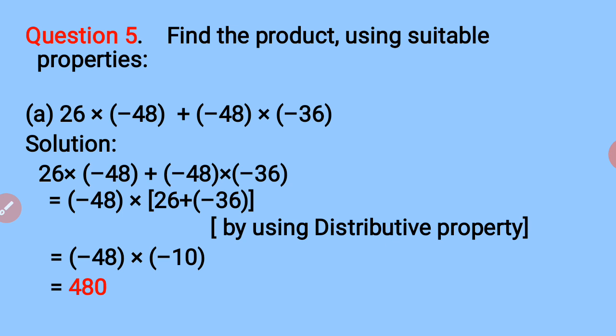Now, let's rethink. What we have done is, we have just taken negative 48 outside the bracket. Whatever was left inside the bracket was solved quickly, and you get it as minus 10. Multiplication of any number with 10 is very easy, and you get the answer. So you actually take hardly 30 seconds to solve this big mathematical problem. This is how, when we use the properties, we make things simpler and proceed.